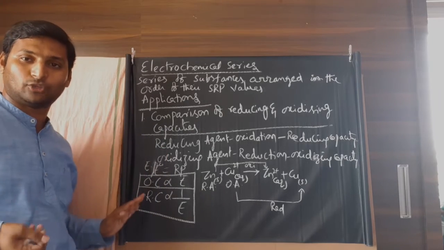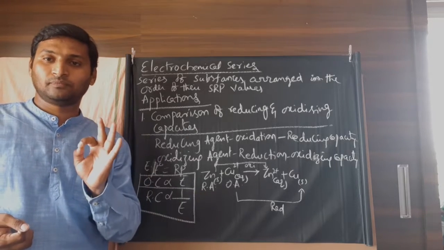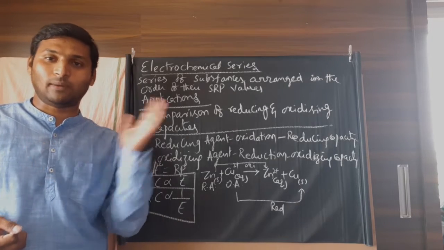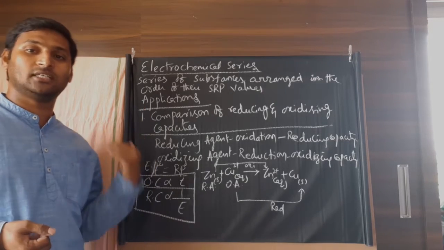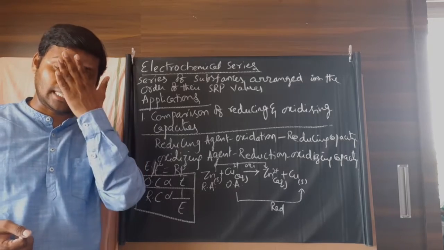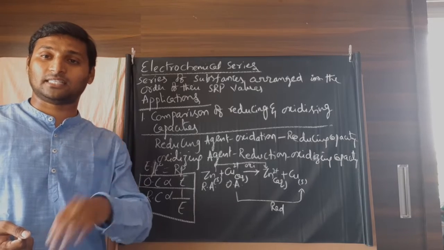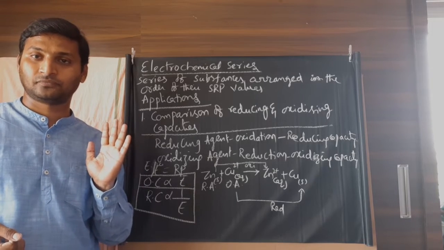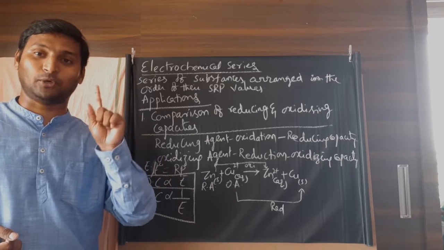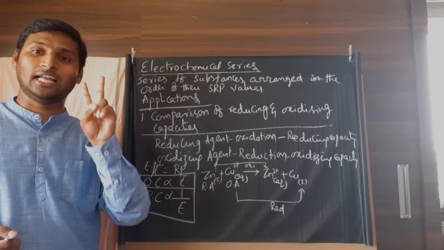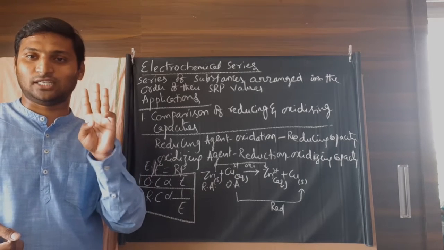Please assimilate what I have told you once, and that's what you needed. I challenge you, every year, you can go back and check the question papers. Every year in every entrance, almost one question generally based on electrochemical series is surely asked. In that, comparison of reducing capacities and oxidizing capacities is the most commonly asked question. So no confusion whatsoever. Electrode potential means reduction potential, that is capacity to undergo reduction. That means capacity to act as an oxidizing agent.